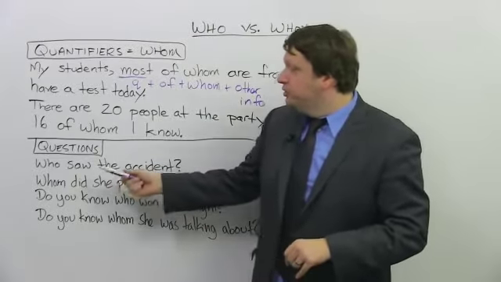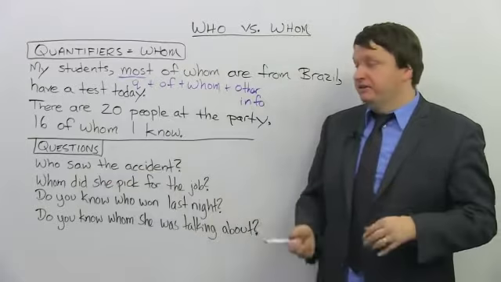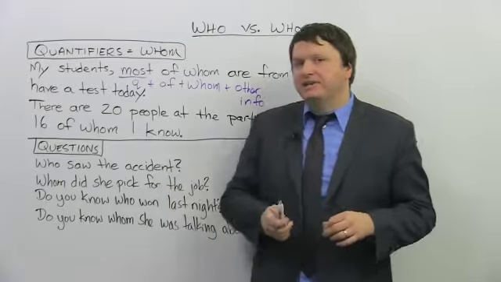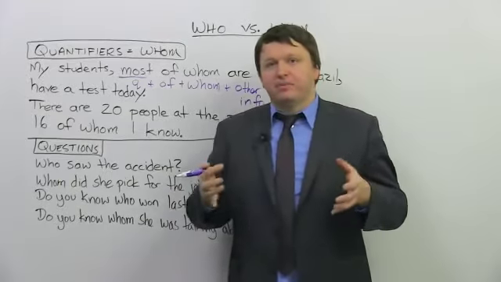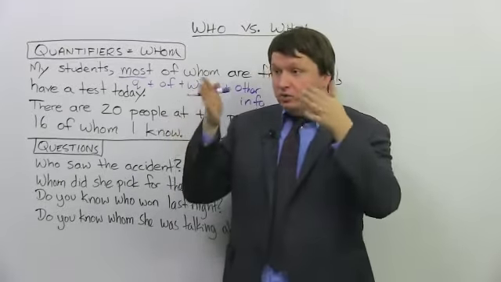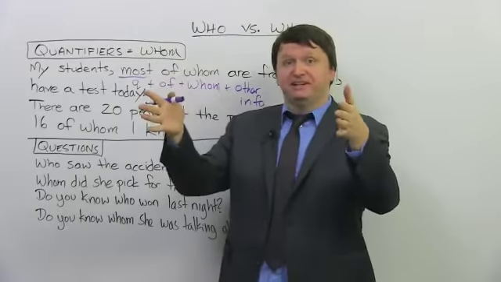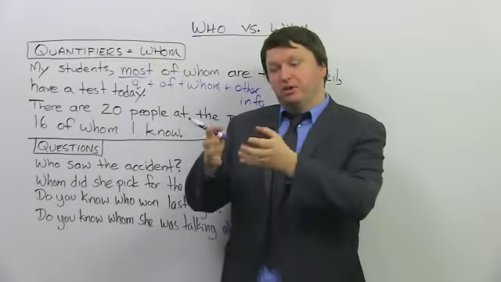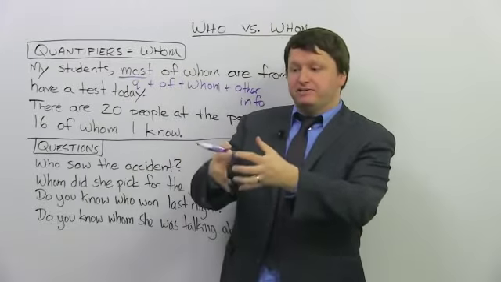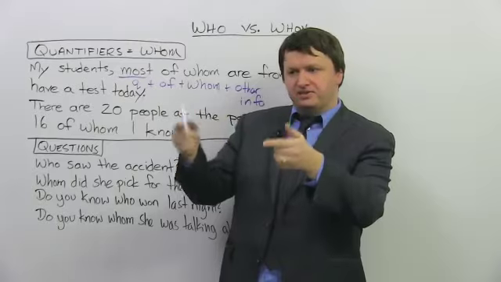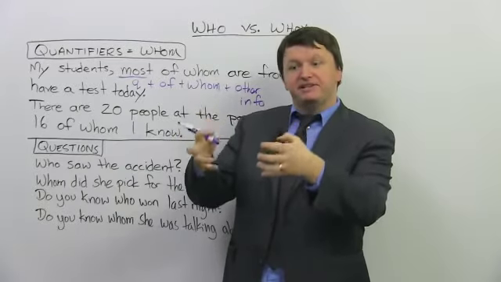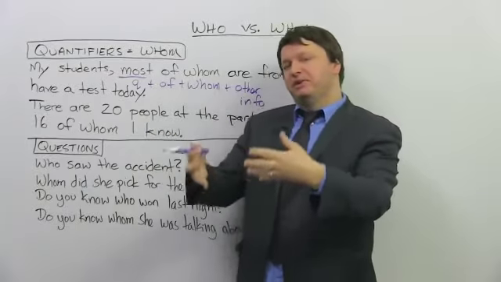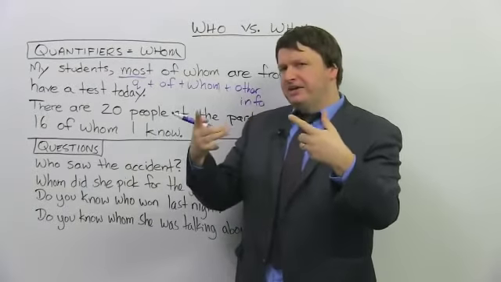Let's look at the first one. Who saw the accident? These are all correct, by the way. There are no mistakes in these questions. Who saw the accident? You're asking a question about who saw, who did the action of seeing. So here, it's obvious, you must use who because the who, let's say his name is Marcus, and I say Marcus saw the accident. Marcus is the person who saw the accident. He did the action. So in the question, who did the action? Who saw